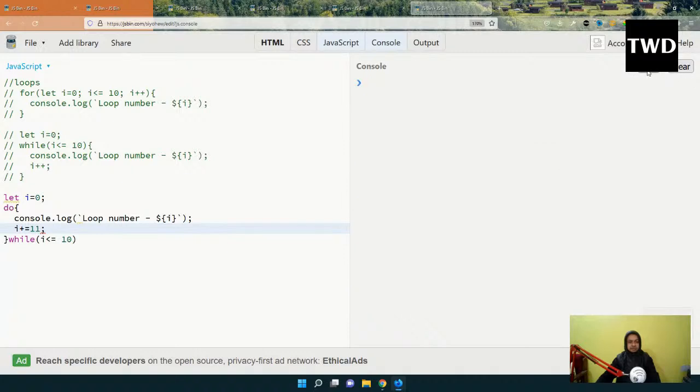So what will happen, it will run only once, because it will put this 0, and then this I will become 11. So this while condition will not be satisfied, so it will run only once. But if I put the same thing in a while loop, it will not run. But this is not checking the condition first, so that's why it will run. Okay, so now